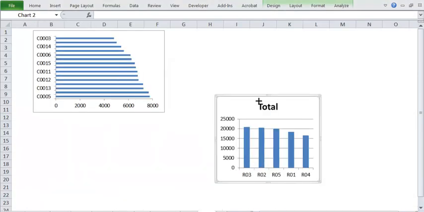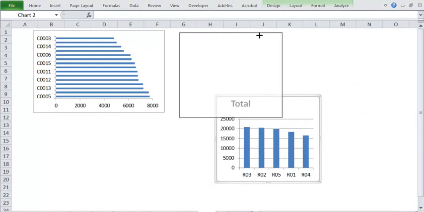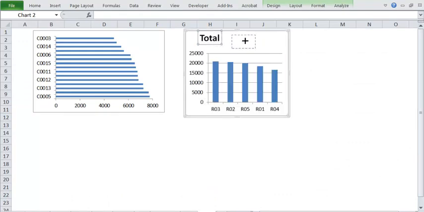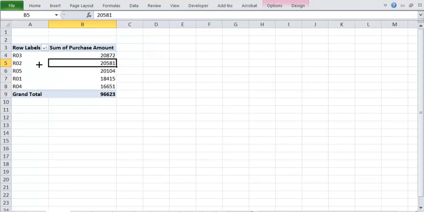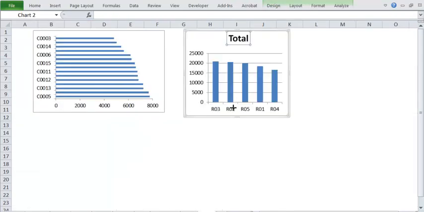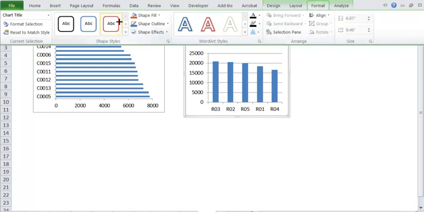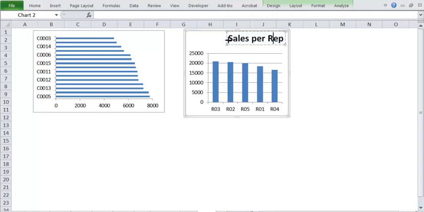So now this is the DB1, this is the value. So what this data is, this is sales per rep. So you can put that heading. Note that all this formatting you can easily do. You can decrease this height, all these things you can easily do.